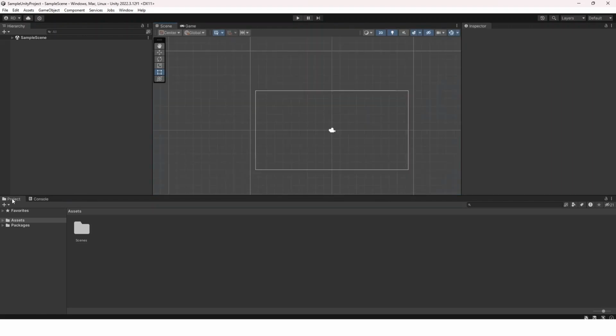Down here you have your project. This is your project files. You have your scene right here. This is your sample scene, the scene that you're in right now. And then you can also add anything else you want into your project, and you just have to drag it